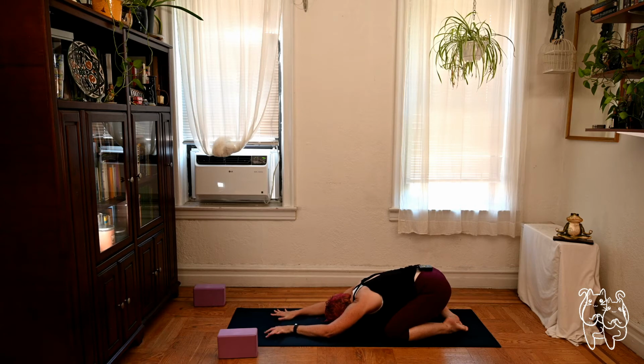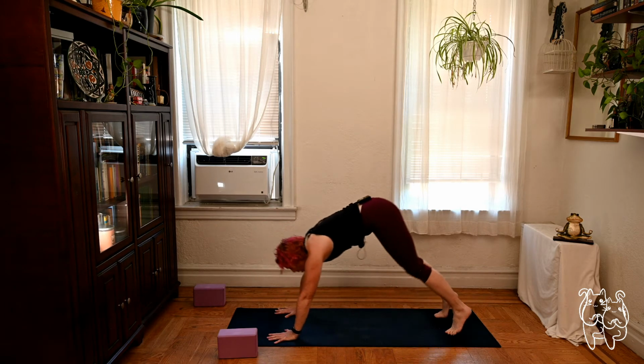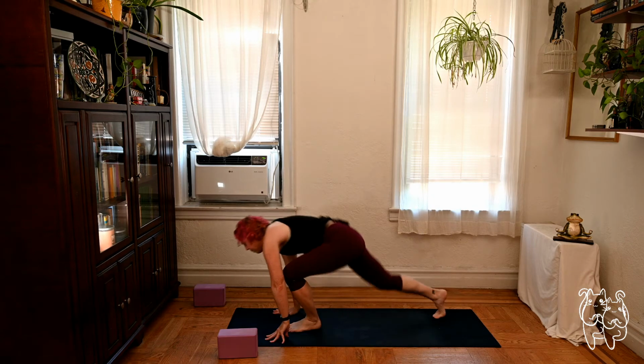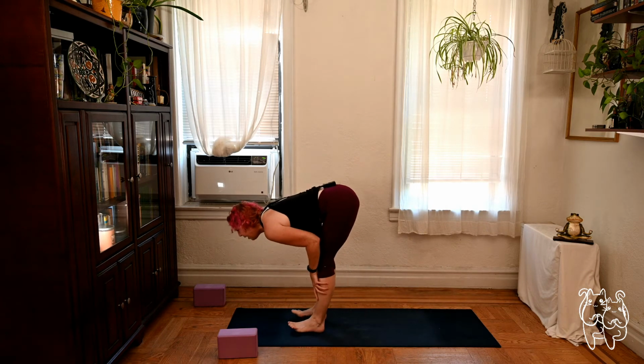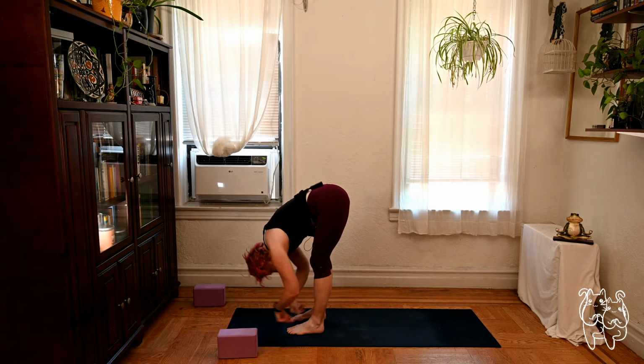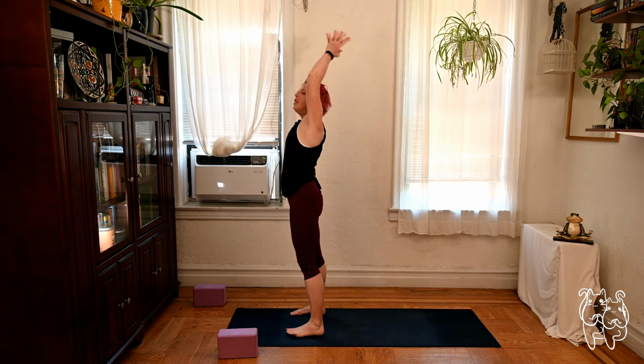Let's start coming back up onto hands and knees. Bring it back to downward facing dog. A little bend in the knees, look forward through the hands, walk or hop the feet up to the front of the mat. Chest up, inhale, lengthen. Exhale, round it down. Inhale, sweep the arms around and up overhead, palms together, interlace fingers, index fingers, point them